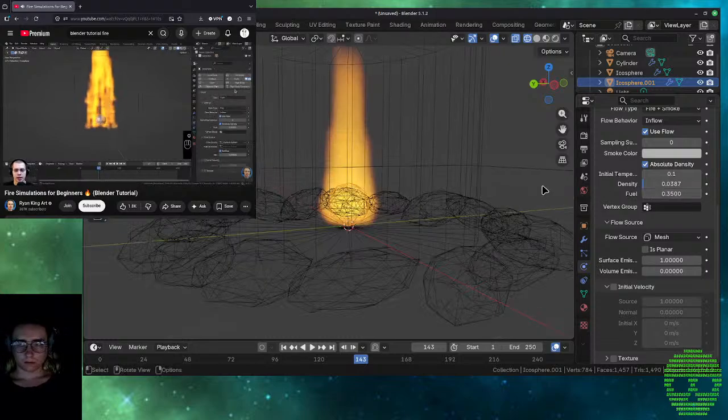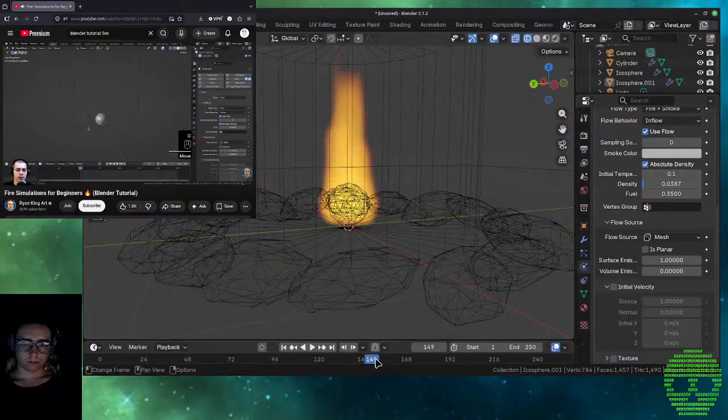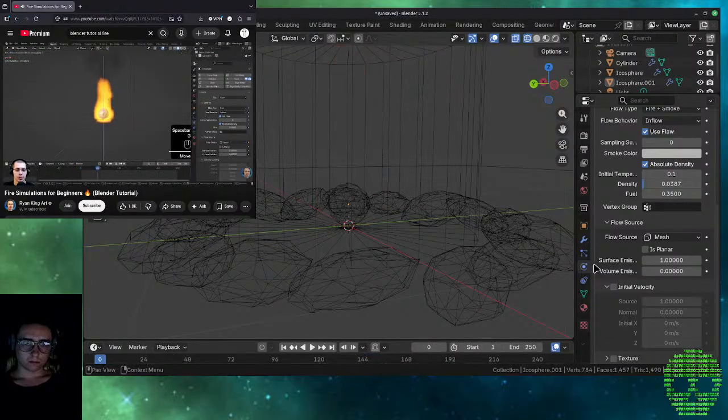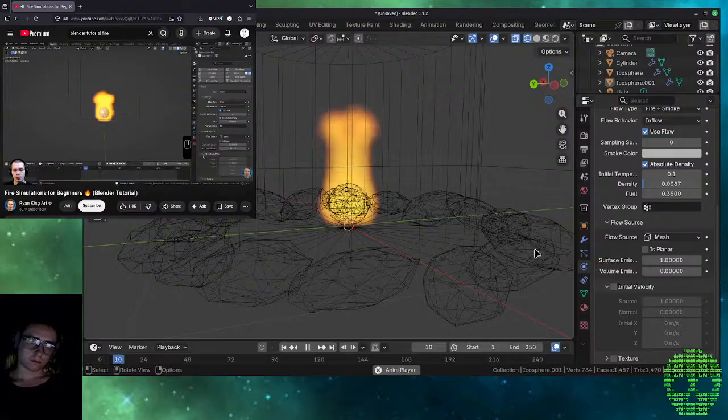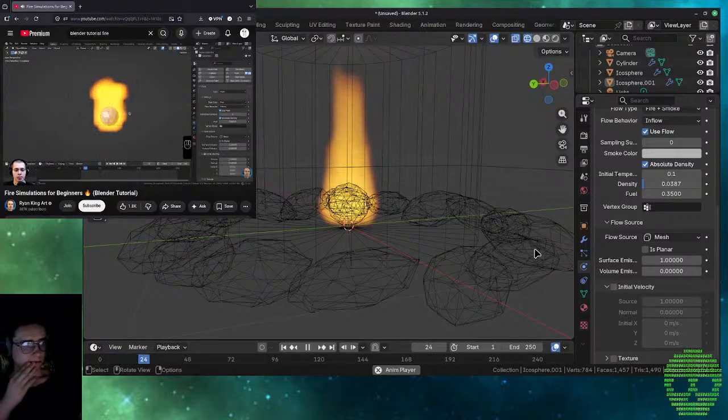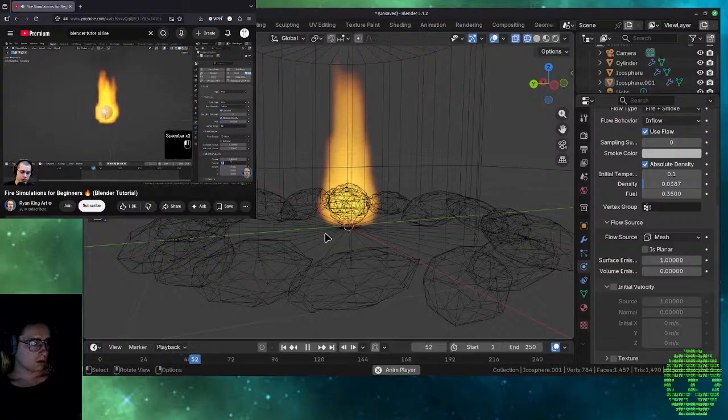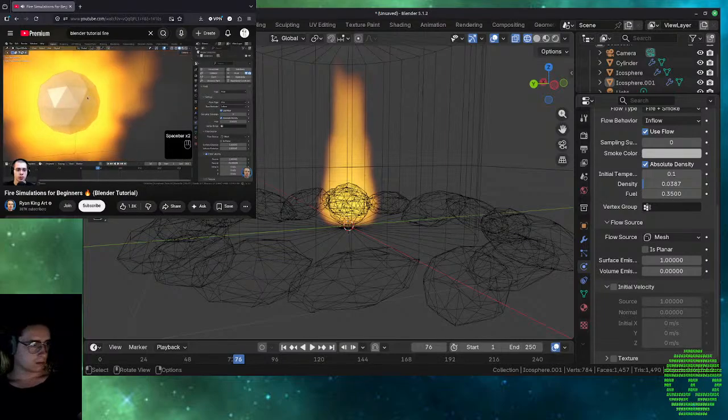If we select the icosphere and go here to the flow source, I'm going to change this back to mesh, so the fire is just emitted out of the mesh of the object. Now there's another cool option here called initial velocity. I can turn on the initial velocity, and we can basically make the fire shoot out in one direction. For example, there is the normal. If I turn up the normal, let's turn this up to a 1. I need to make it a little bit stronger, so I'll turn this up to like a 20, and I'll bring the icosphere up here. Now when I play this, you can see the fire is coming out in the direction of the normals. So the normals are the